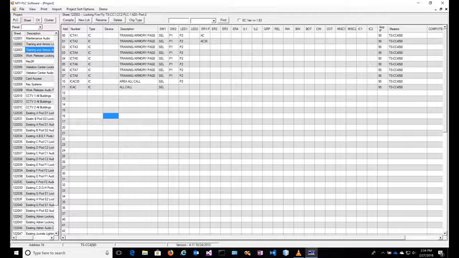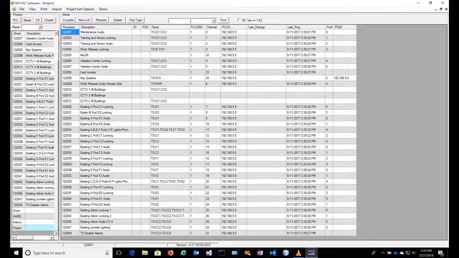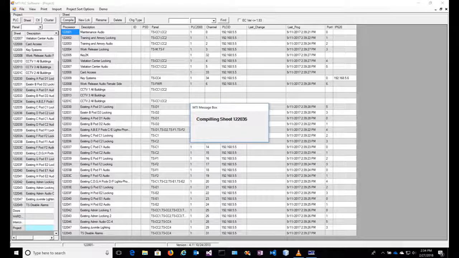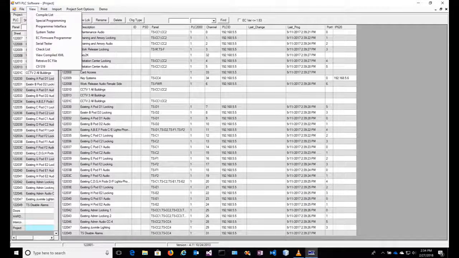After you've made the changes that you would like to make to the programming, go down to the bottom and pick the project sheet. It's best to pick the project sheet and then hit the compile button up at the top. That will ask you if you want to go through and compile all sheets, and it will go through the process once you say yes to that. You want to make sure you do that just to ensure that you get all your programming incorporated in the compile. Then from there you can go to View and go to the programmer interface,